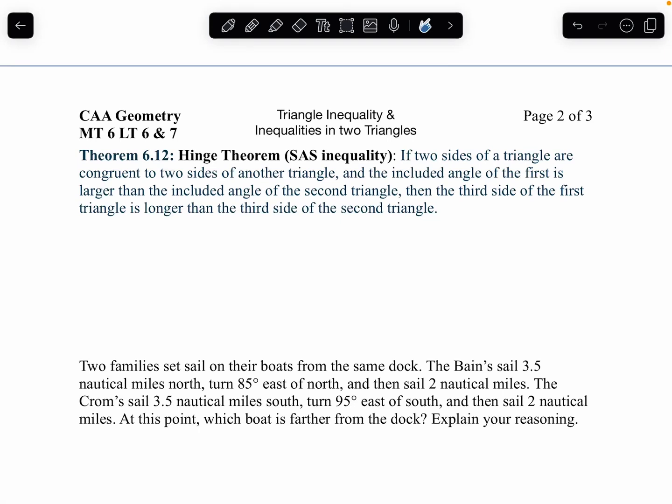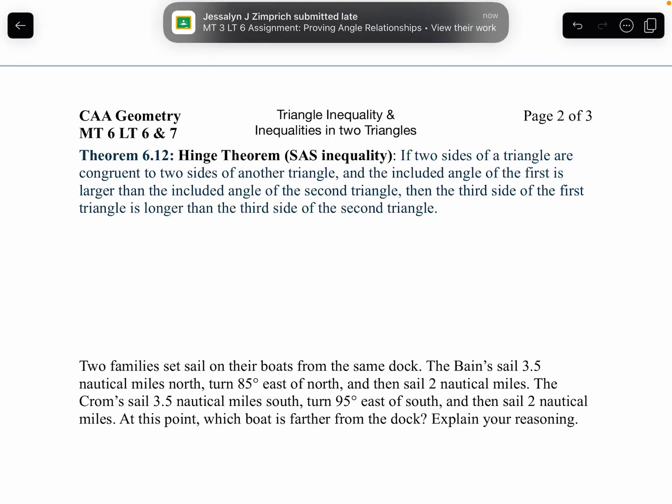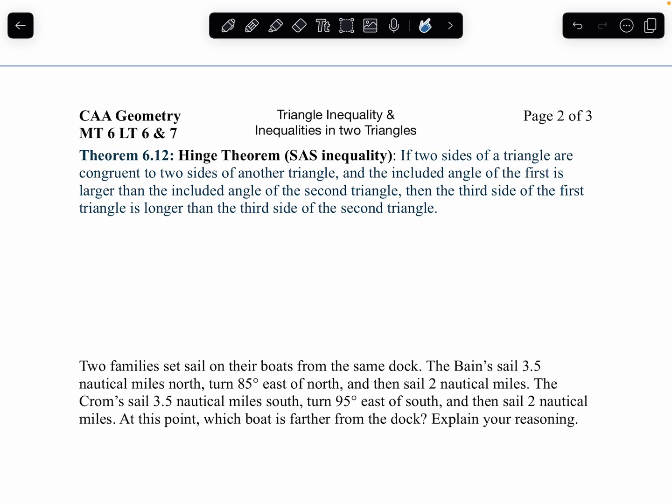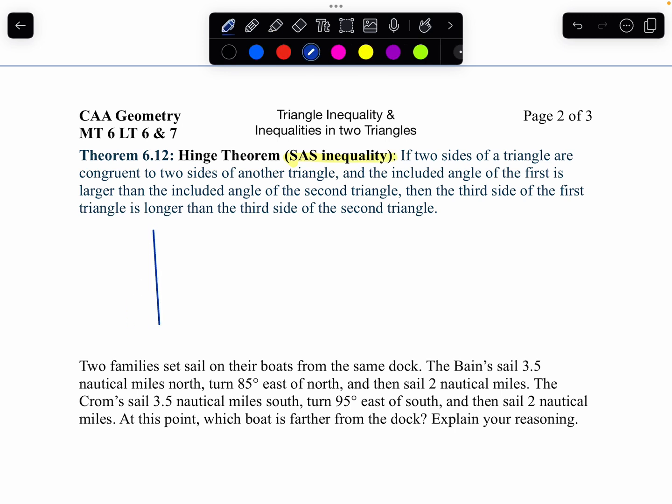On this page of the seminar, we are going to be comparing two triangles. And we only can compare two triangles under certain circumstances. And one of them is called side angle side inequality. And so what happens here, if I have two triangles,